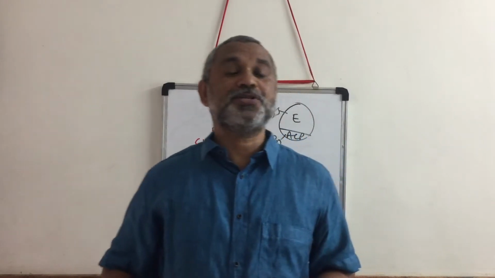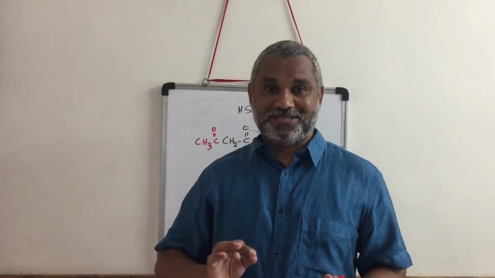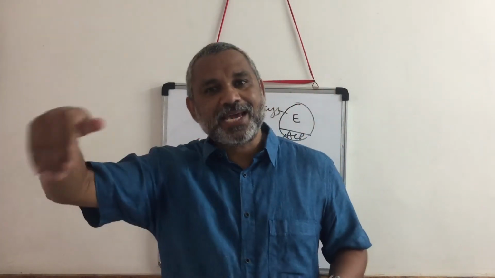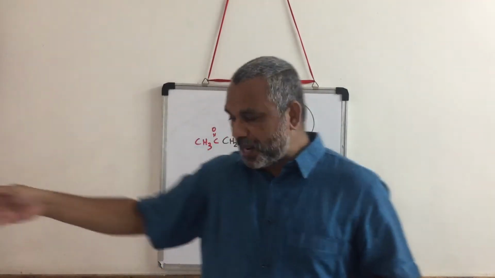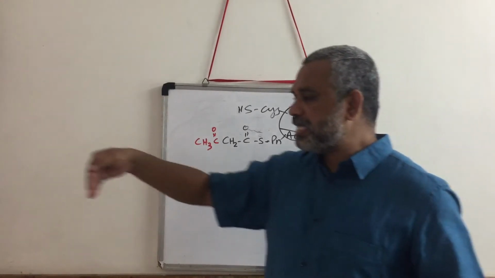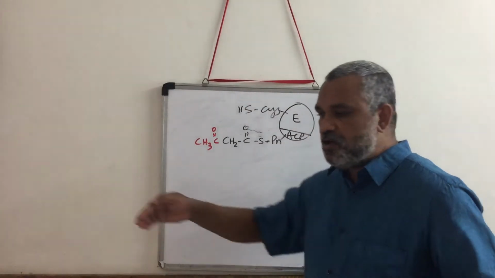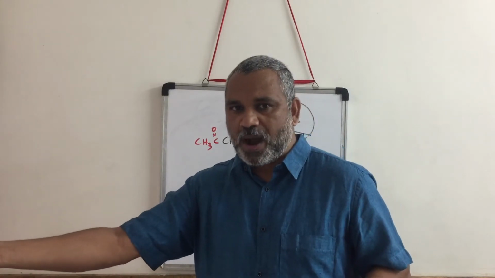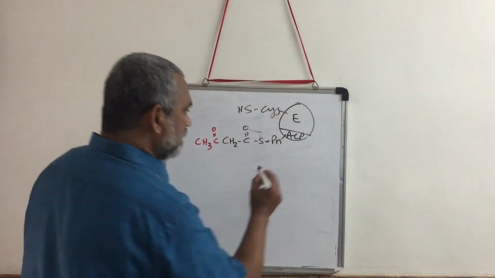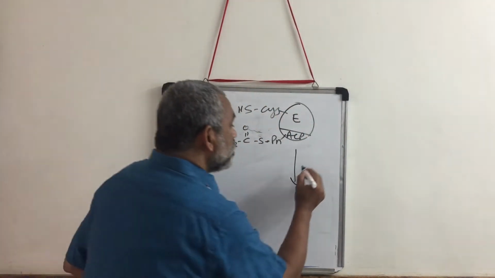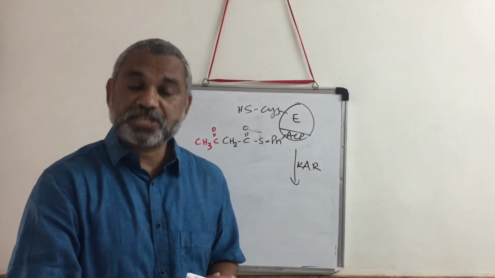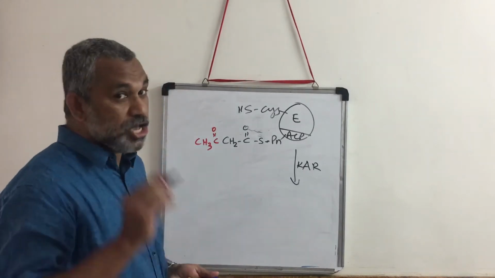Now, the next reaction is going to be in domain number 2. The name of domain number 2 is reduction unit. Now, remember the analogy which was given in the beginning, like an earth mover. So in the 4'-phosphopantetheine, this 20 Angstrom long arm is carrying this intermediate from one active site, from domain number 1, and has now brought it into domain number 2. The next enzyme will act on it. The next enzyme is ketoacyl reductase. A reduction reaction is going to happen.